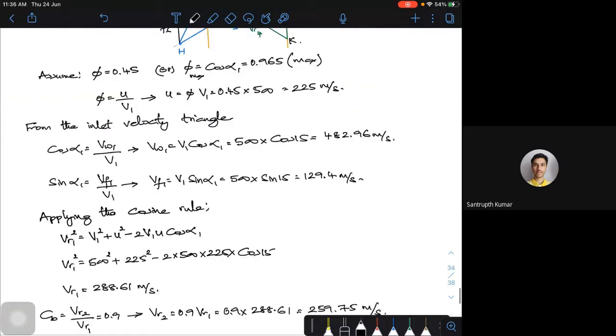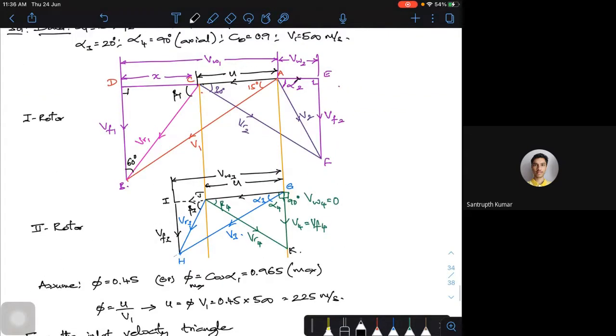That means the direction we have taken, I will try to write in a different color. It will be something like this, slightly in this direction. This will be a new velocity triangle. Otherwise, let me put it in dotted, broken lines. Okay, your velocity triangle will look something like this.